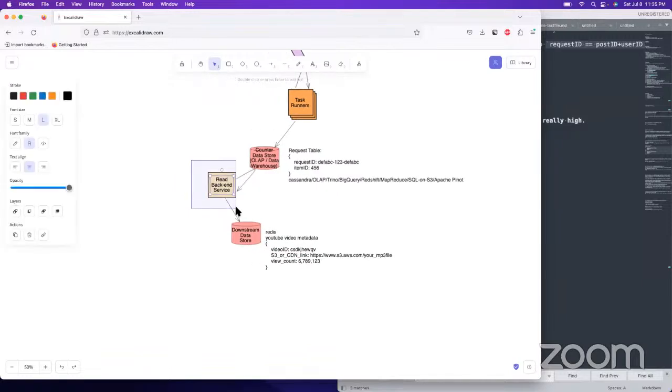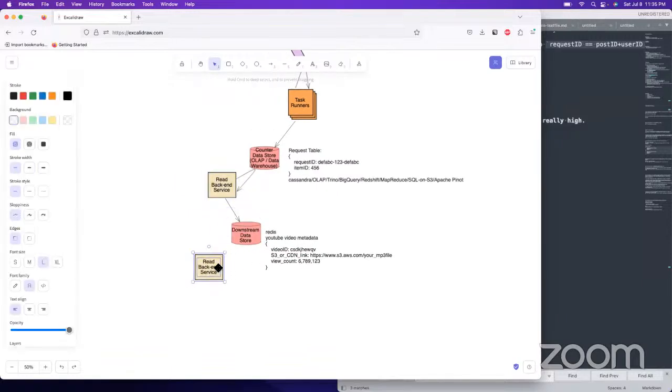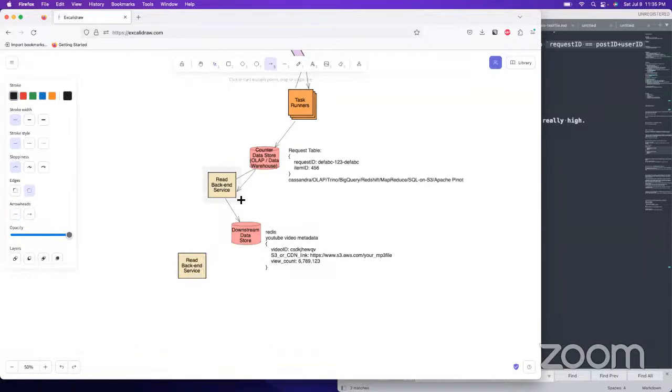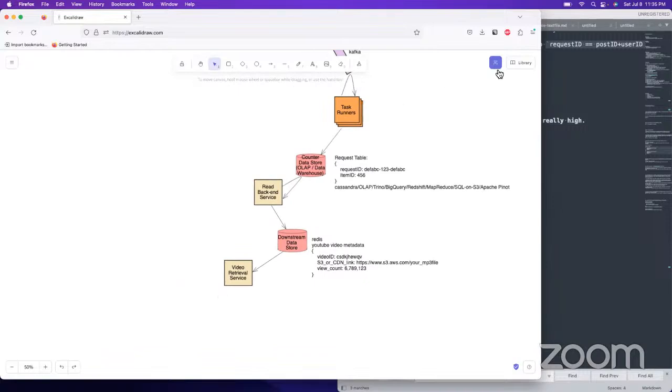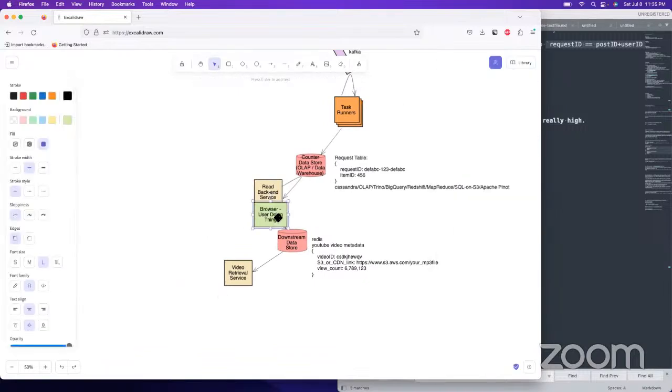And then of course you have some other thing for the video retrieval service, where you're pulling up the description, and then you have the user viewing a video.